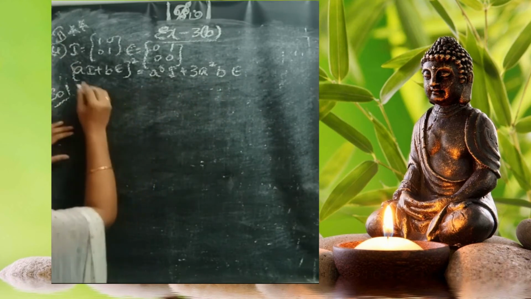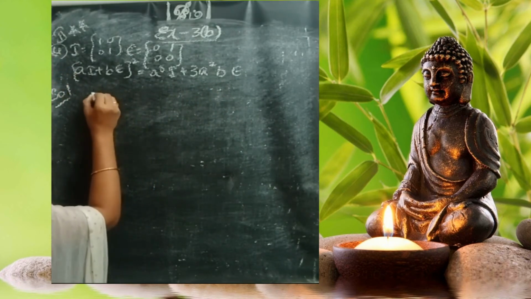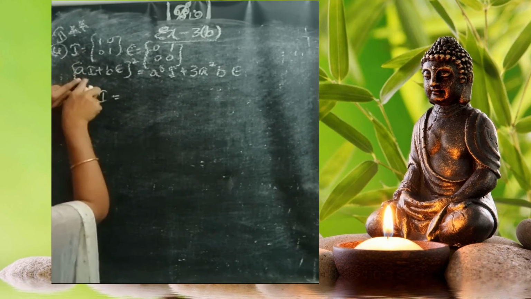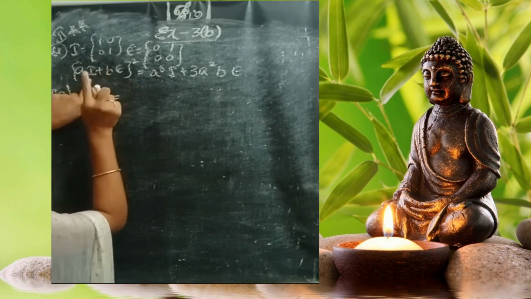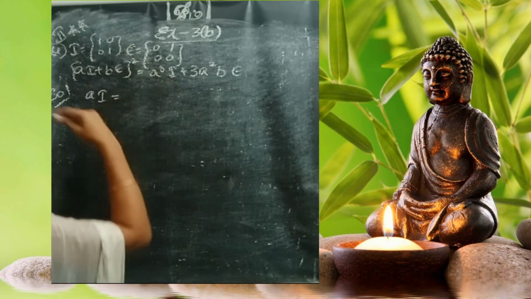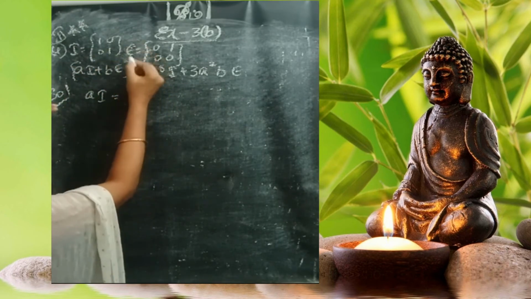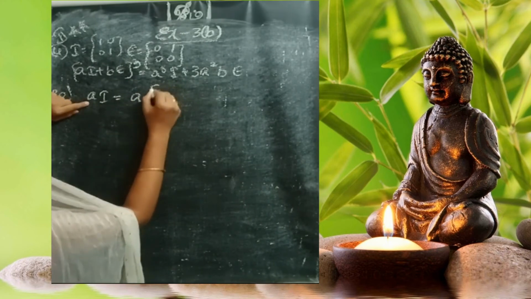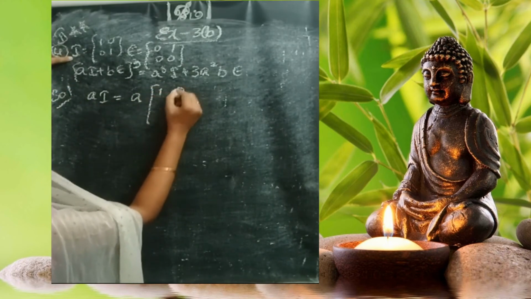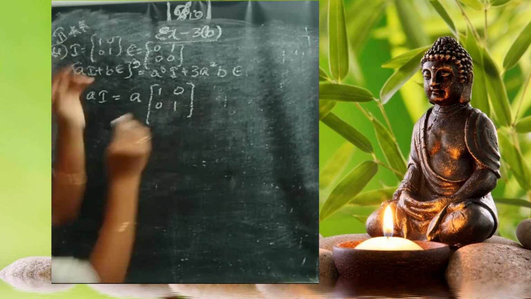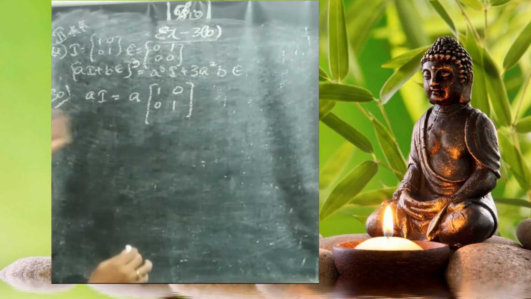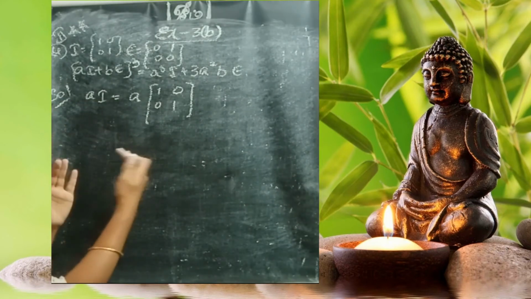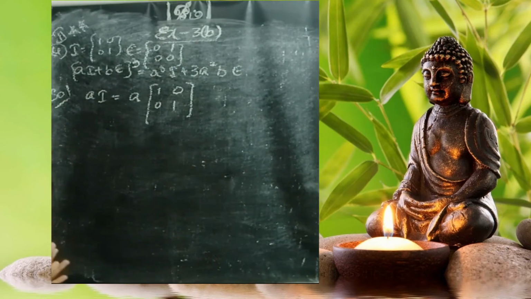First, here AI is there. So first find the AI value and the BE value, then go for the cube. Here A is the variable and I is [1 0; 0 1]. Don't get confused, they have given a variable. In previous problems, they gave numbers, right? 2I, 3I, 3B, 3A like that.